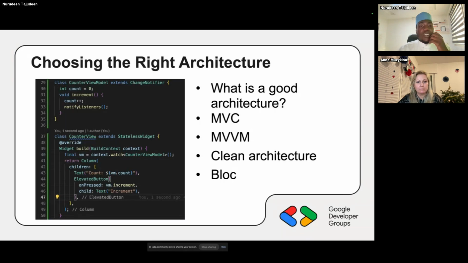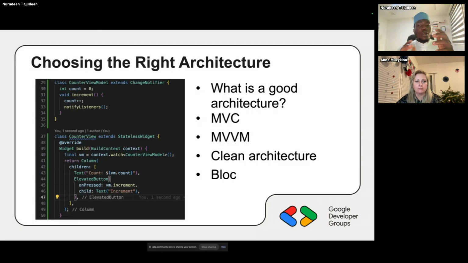So the first and most important thing, I think, that one needs to pay attention to when thinking about the scalability of an application is choosing the right architecture for your system. The architecture of the system will make or break the system, essentially. If you choose the wrong thing,